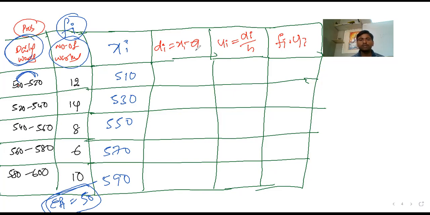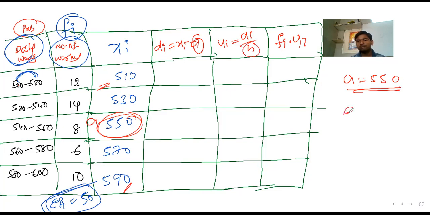Before entering this, what is the A required? Xi means these are all. What is A? Assumed mean. For the assumed mean you can take 510 and 590, and you get approximately 550. So the assumed mean A is fixed at 550. Next, h, the class height, is also required. Class height means 500 to 520, the answer is 20. The class height is 20. Let us start the working. Di is xi minus A. Xi is 510 minus A, so 510 to 550, the answer is minus 40. Next, 530 to 550, the answer is how much?